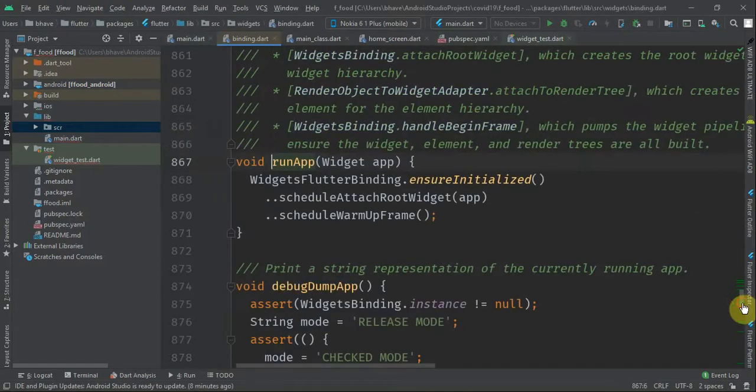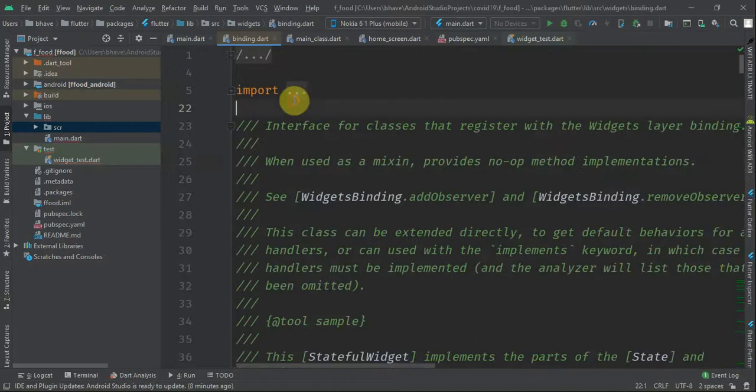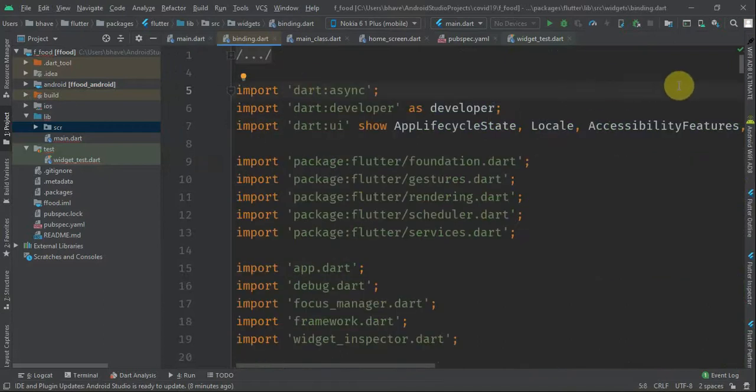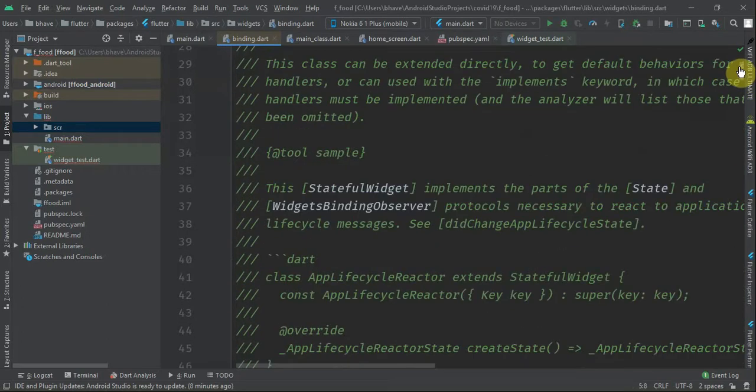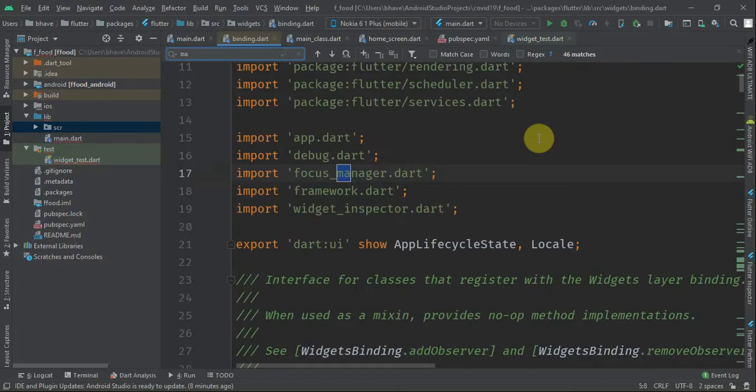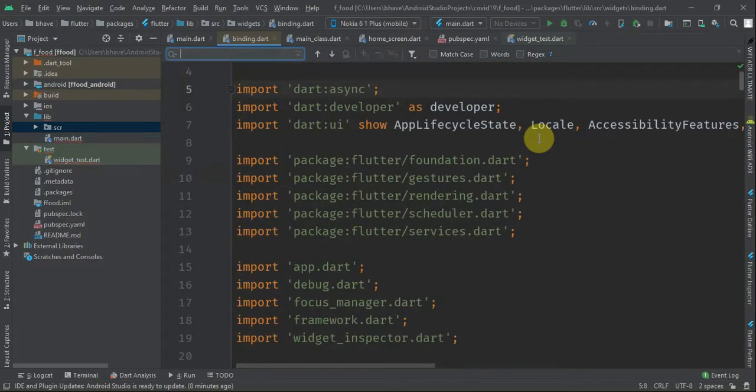I am not going into that detail, but just for understanding purposes I am saying that it has definitely come from this section only. You can search it, I guess I haven't done that, but still I can do material.